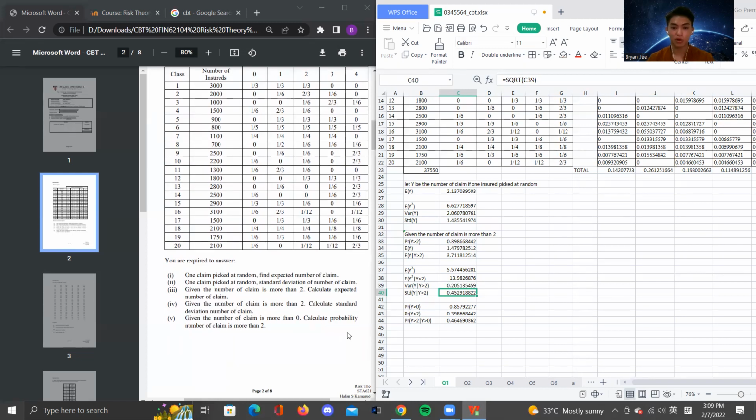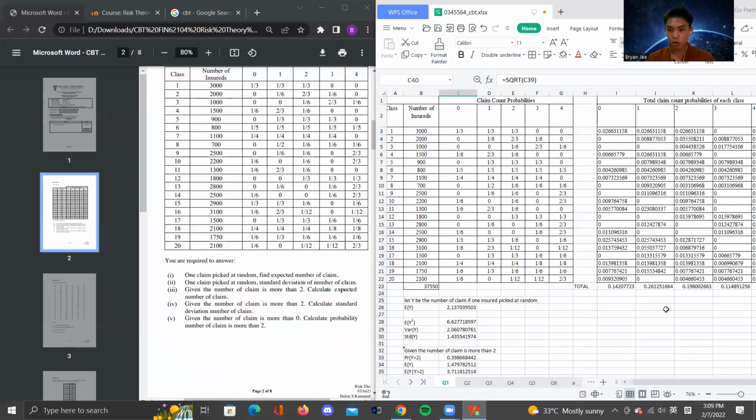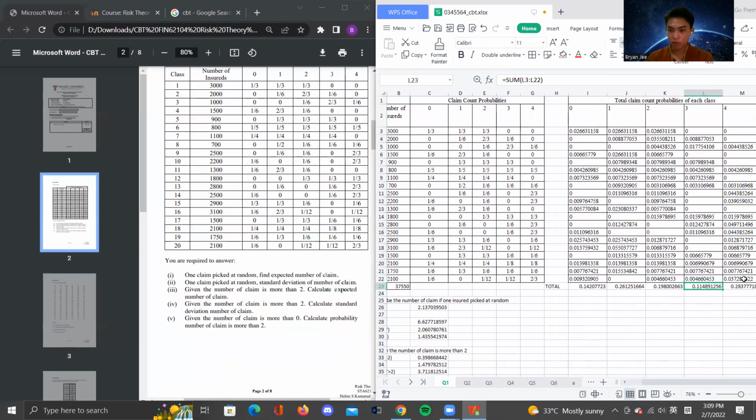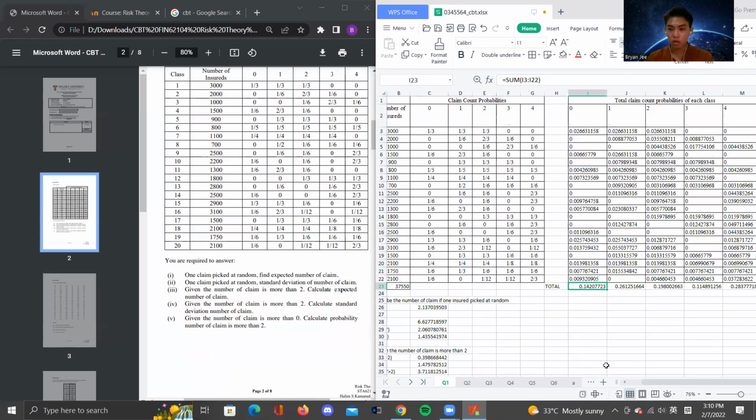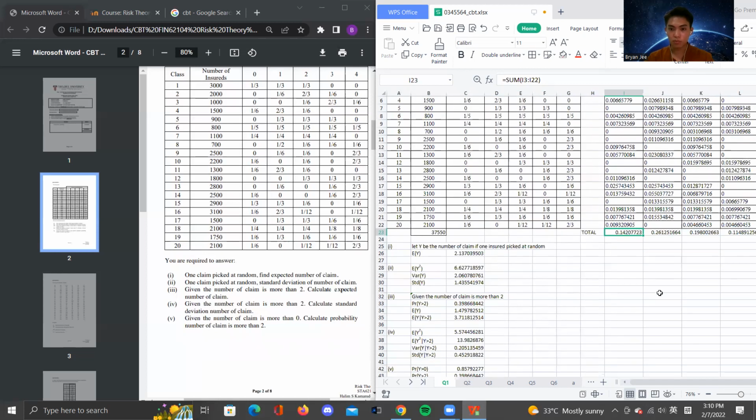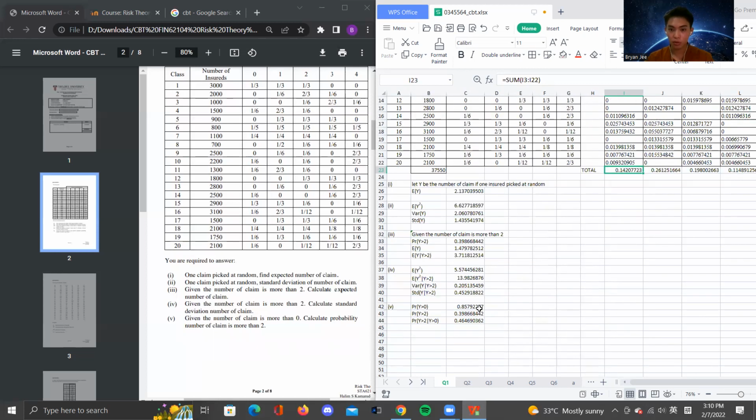Given the number of claims is more than 0, calculate the probability that the number of claims is more than 2. Okay, so we are given a condition that the claims are more than 0, which means that 0 is excluded. So we are going to find the probability for 1, 2, 3, 4, and we just sum it up. Okay, you can also use the formula 1 minus this, because we know that the total probability should be 1. So we use 1 minus the probability of 0, and then we will get this